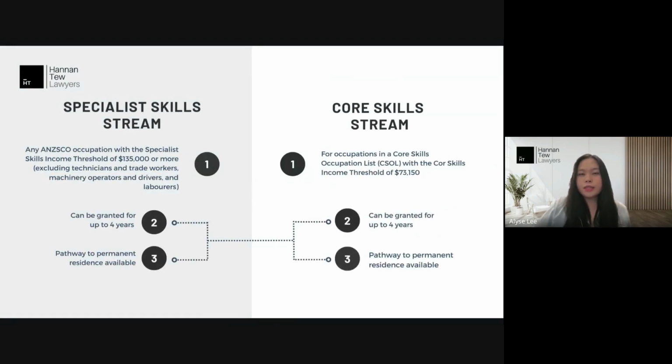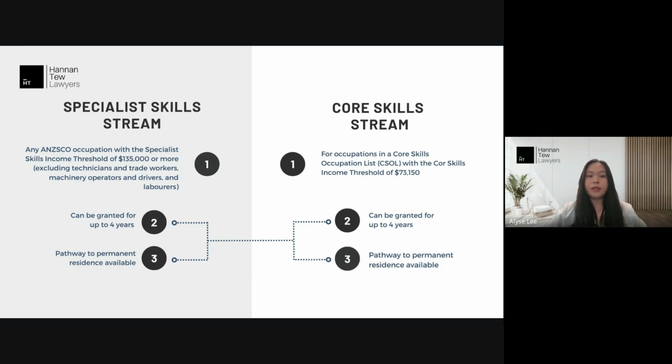So I'll go through in detail the 2 main streams. For the specialist skills stream, this is geared towards skilled professionals that are earning above $135,000 as their base salary. So this amount is currently the specialist skills income threshold. Any ANZCO occupations can be nominated under this stream, except for those that are listed under Major Group 3, that's the technician and trade workers, Major Group 7, machinery operators and drivers, and Major Group 8, which is the labourers